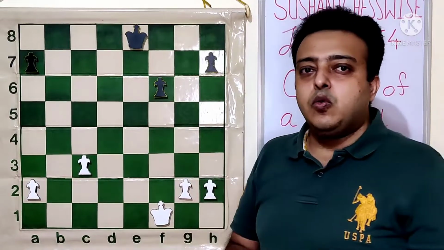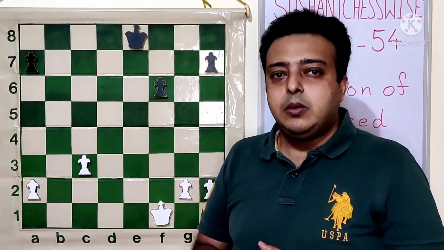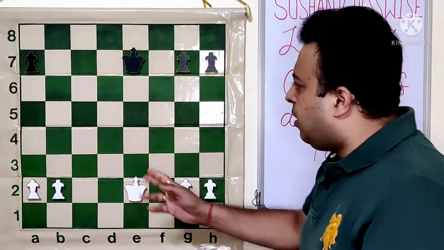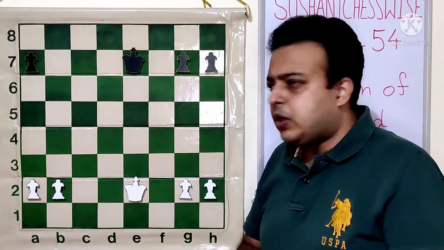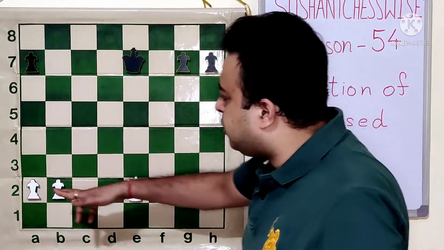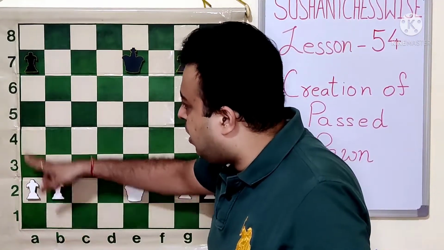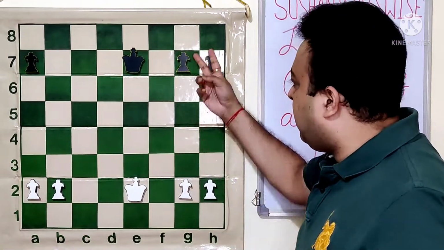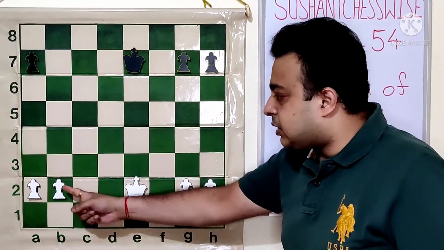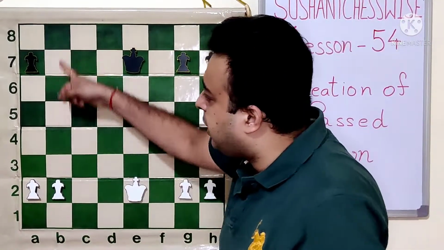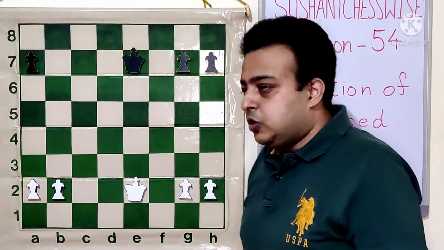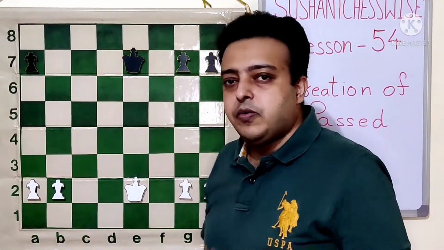We are trying to look at positions where we will convert positions with an extra pawn. So let's get started. We have the first position here where white has an extra pawn on the b file. For all the other pawns, there is a pawn in front of them: there are pawns on the g and h files in front of the g and h pawns, and there is a pawn in front of the a pawn also. So the extra pawn is the one where the opponent does not have any pawn. What we will do is ensure that the extra pawn becomes a passer. That is the first thing to note.